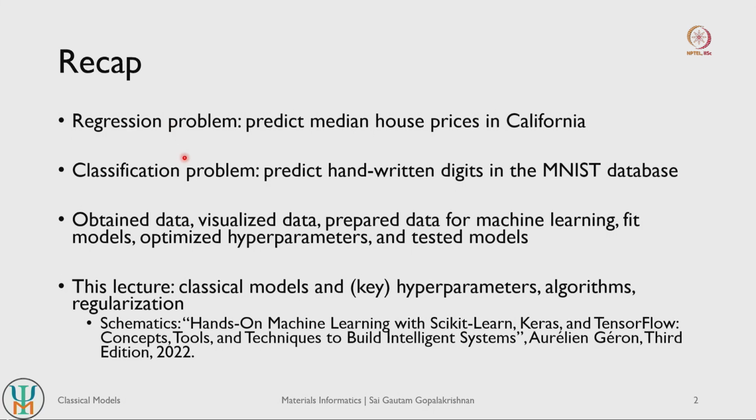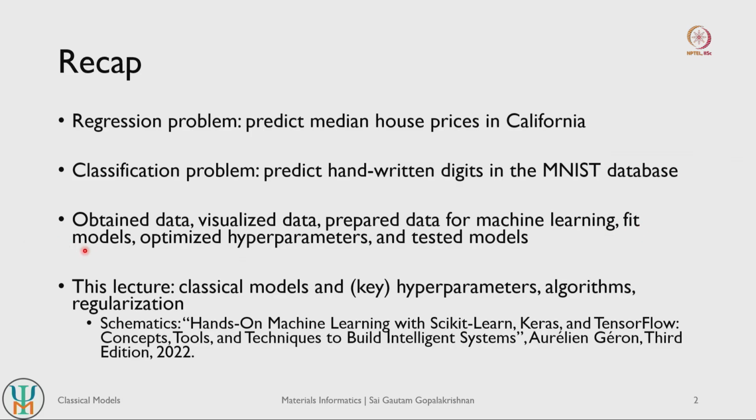In each of these regression and classification tasks, the workflow is similar. The first thing is we have to obtain the data, and then we have to check the data itself. So visualize the data, compare it with different features, understand some amount of correlations, and then we will have to prepare the data for machine learning. That could be taking care of some missing data points, making sure that our data is scaled, either standardized or normalized, and then converting some of the text data or difficult to handle data into numerical forms.